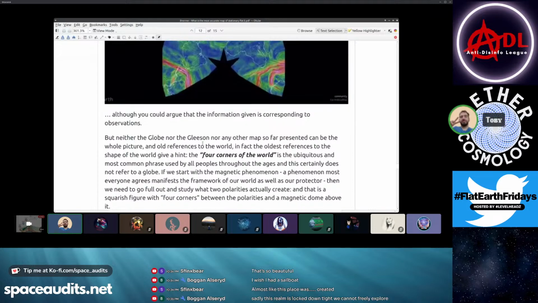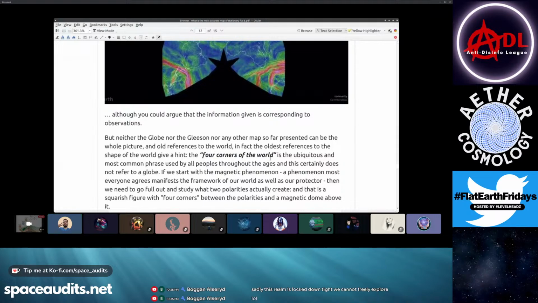But neither the globe nor the Gleason nor any other map so far presented can be the whole picture, and old references to the world, in fact, the oldest references to the shape of the world, give a hint. The four corners of the world. It is the ubiquitous and most common phrase used by all peoples throughout the ages, and this certainly does not refer to a globe. If we start with the magnetic phenomena, a phenomenon most everyone agrees manifests the framework of our world as well as our protector,